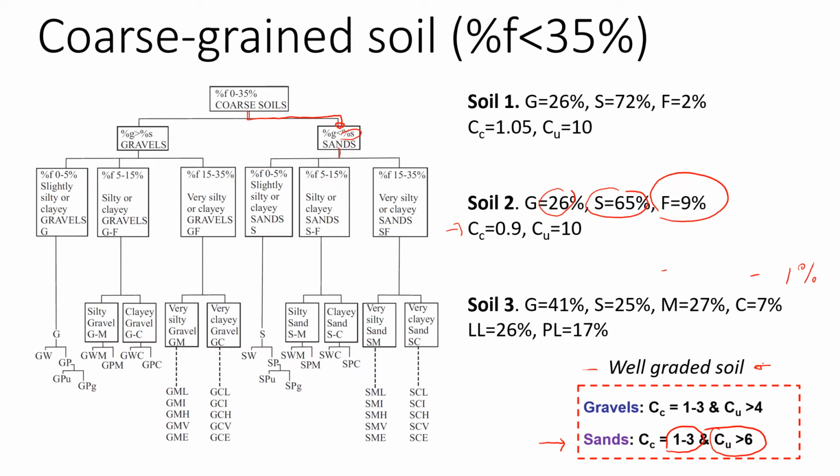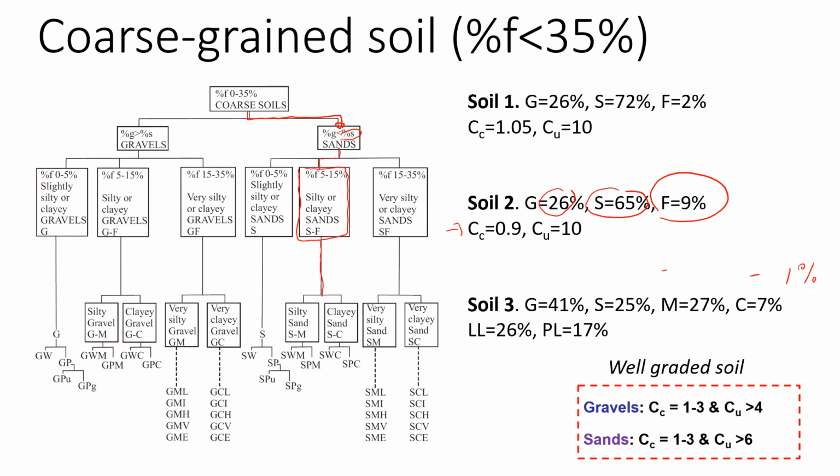And next we need to decide where we're going to go. And you see that fines is 9%, so we're going to the second box. So this is the box. And then we need to go down and we need to decide where to go. And to do that, again, we need to look at the gradation of the soil. So we will look at the amount, we'll look at the coefficient of curvature, and we'll look at the coefficient